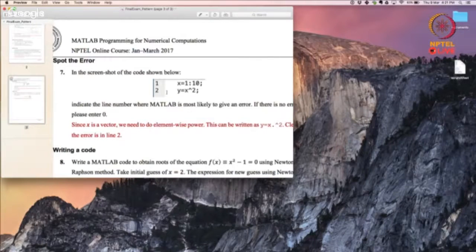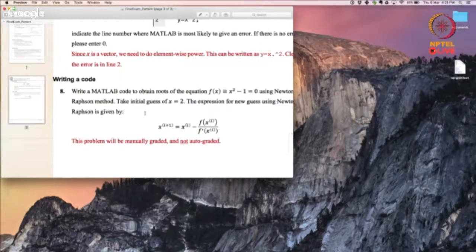There are 3 problems, each worth 5 points, so 15 points worth of these 3 problems. They might be slightly trickier. I would suggest give yourself some amount of time to think about these problems. Keep in mind there are no negative marks for spot the error, so please don't leave this answer blank. Make a best educated guess if you do not know